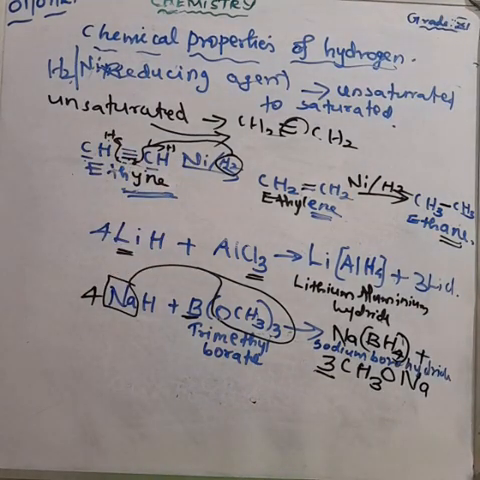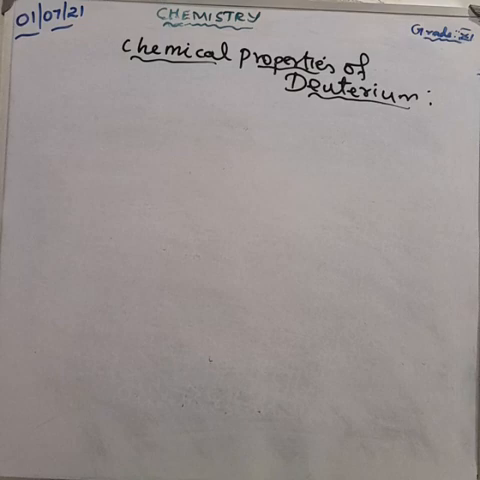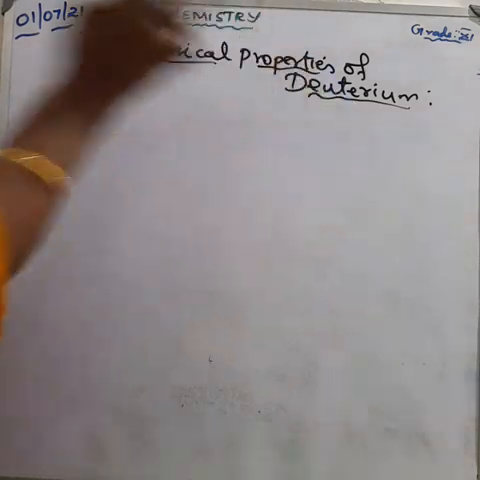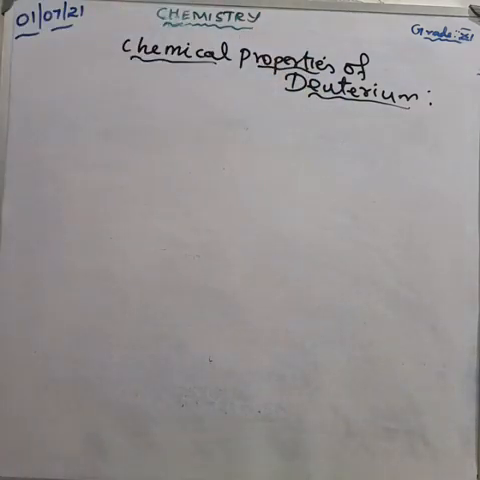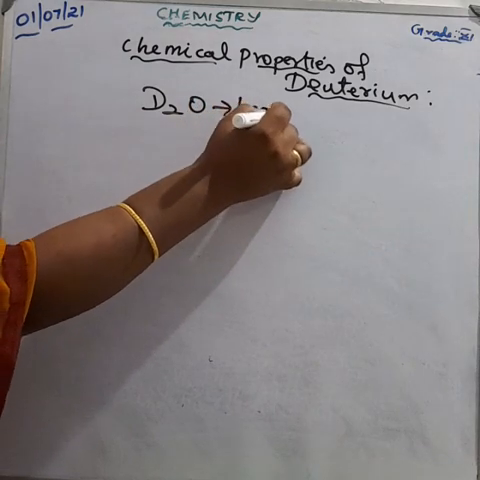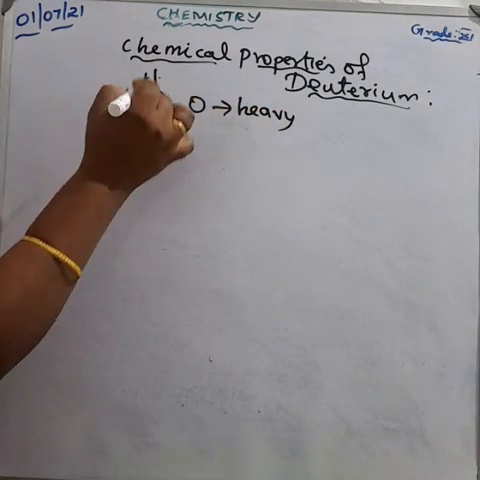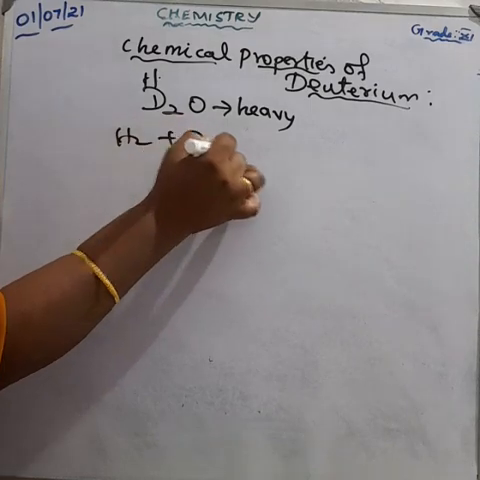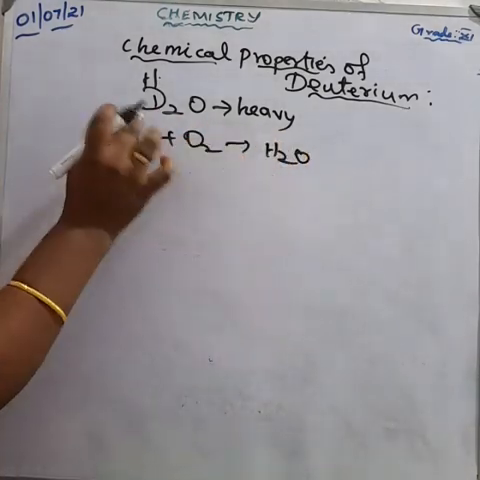Understood? Then, chemical properties of deuterium. What are the chemical properties of deuterium? Like hydrogen, deuterium also reacts with oxygen to form deuterium oxide, called heavy water. We know that when hydrogen combines with oxygen it forms a water molecule. We studied that already. Like that, when deuterium, D2,